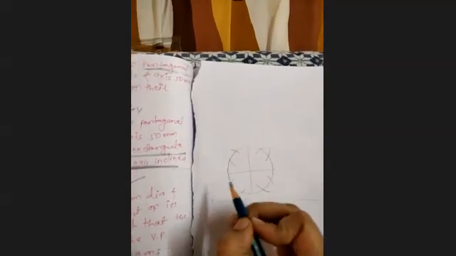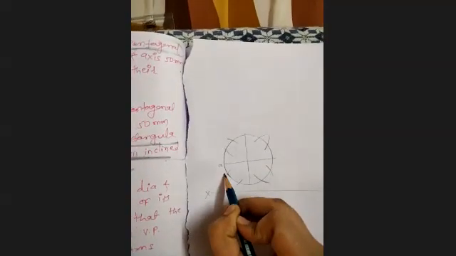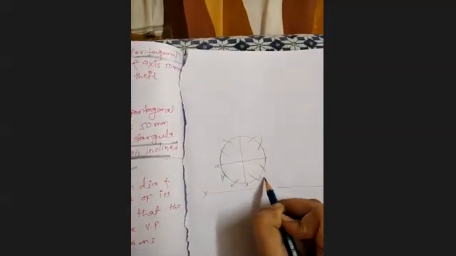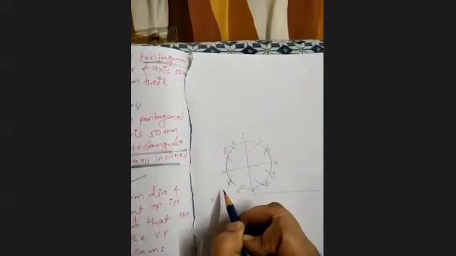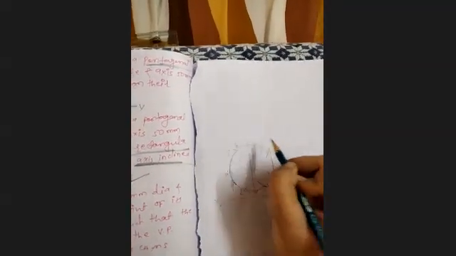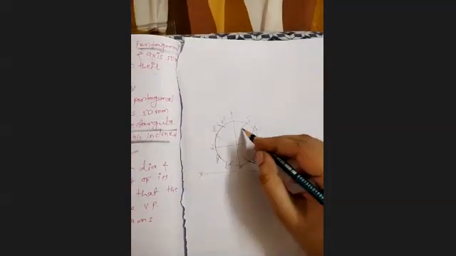Ma'am, is there any rule to draw 12 equal parts, or we can draw 8 equal parts too? No. It's a rule. When they ask you a cone problem or circle problem, you have to draw 12 equal parts. Okay, and give the naming A, B, C, D, E, F, G, H, I, J, K, and L. A dash, B dash, C dash, D dash, E dash, F dash, G dash, H dash, I dash, J dash, K dash, L dash. Okay. This is 12 equal parts. This point is clear?